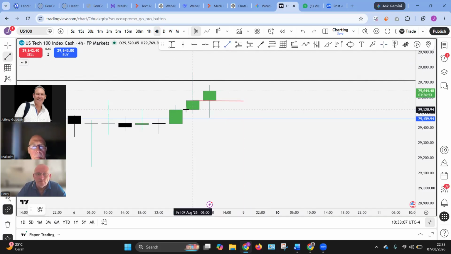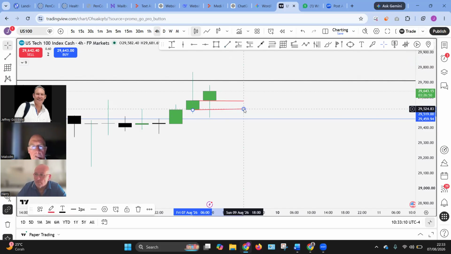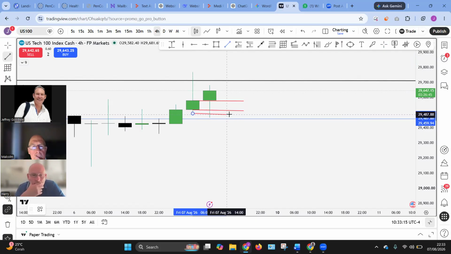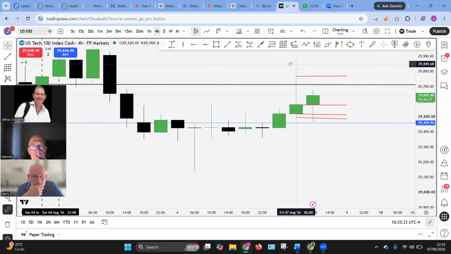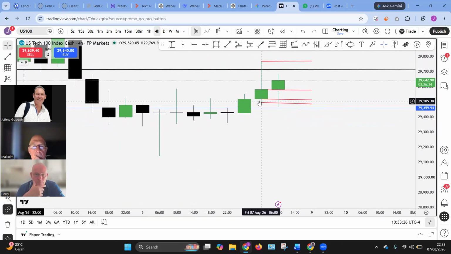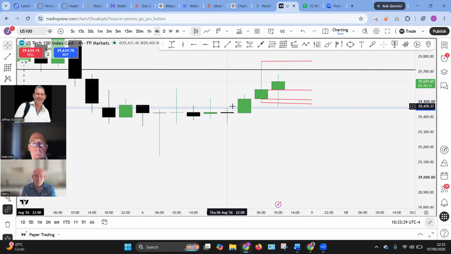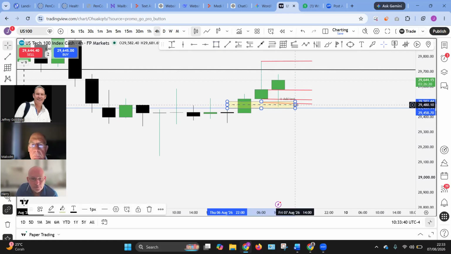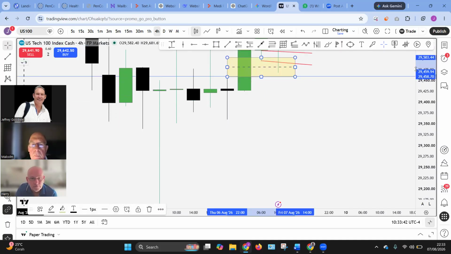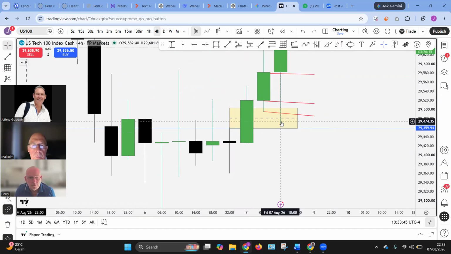So all I do is mark the wick there, the high there. So far, I think that's the high of the day. No, it's not, right? Then I would look left for any FVGs. There's an FVG in here, isn't there? Just there, from that wick to that wick. And I would just drag that forward. Oh my God, guess what it goes to? 50% of the FVG, ladies and gentlemen. Well, it's slightly more.